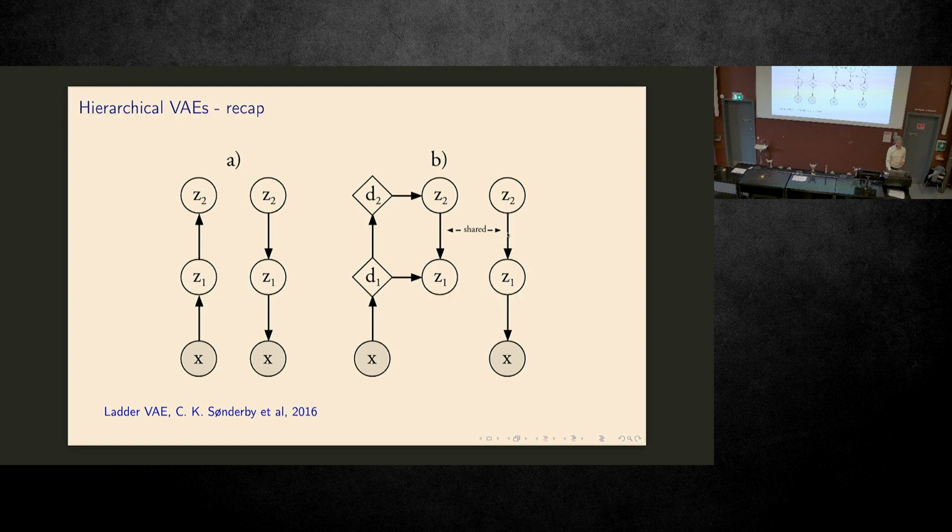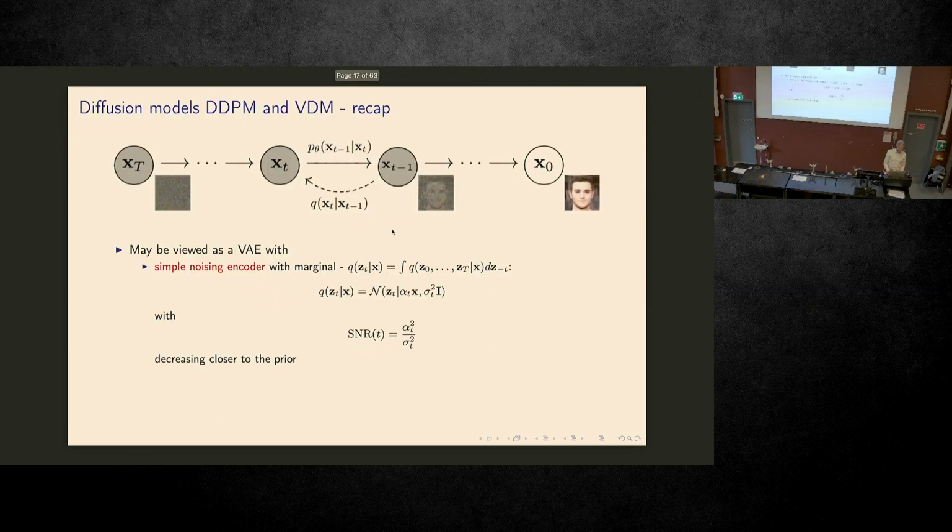Then you could introduce parameter sharing between the generative model, which you can think of as a prior, and the other part that comes from your data. And that also worked. You could get some improvements over models with only one layer, so that was really nice, and a pretty nice piece of work. Then we moved to the diffusion models.